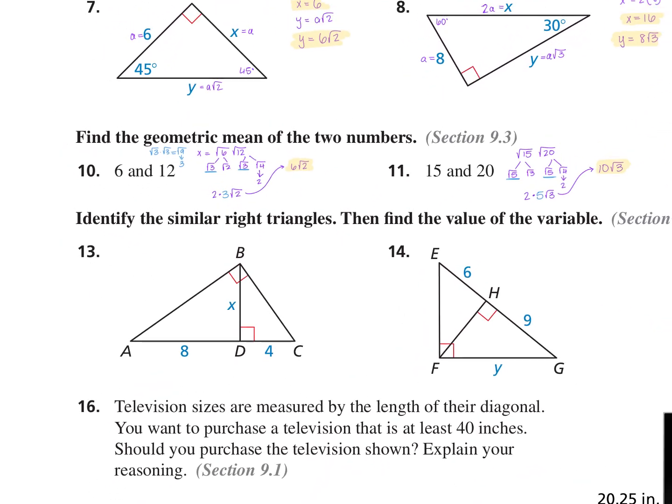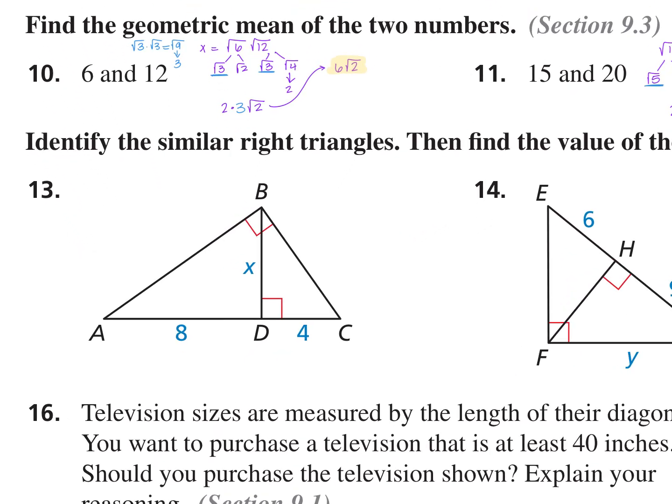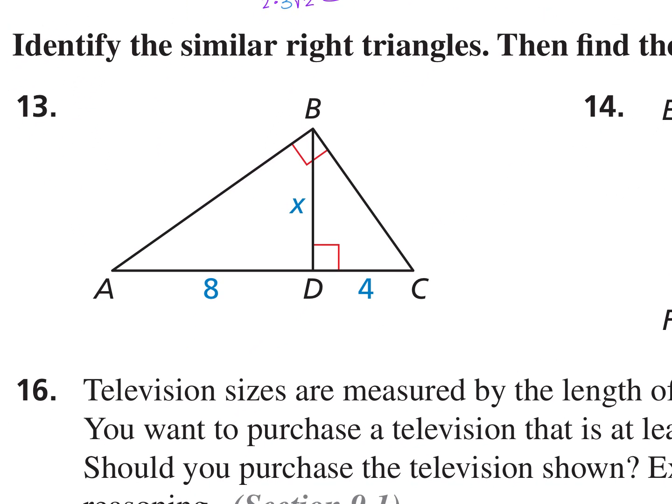All right, solving the next question, it says identify the similar triangles, then find the value of the variable. So they want me to find my similar triangles. So looking at my similar triangles, there are 3 triangles here. Looking at them, finding them, I'm going to have my larger triangle, which is in purple. I'm going to name it triangle BCA. That's similar to